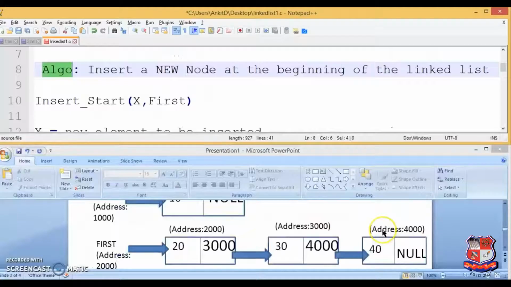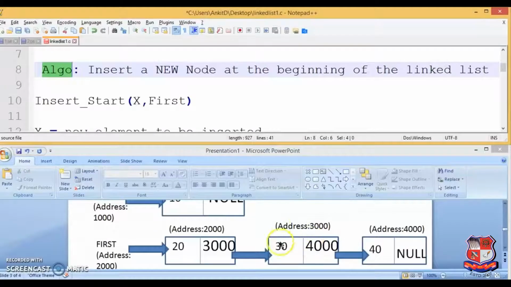Now there are many basic operations that could be performed in a single linked list, like creating a new linked list, traversing a linked list, that is moving from the first node up till the last node till you don't find null, inserting a new node at the first position, inserting a new node at the end, that is over here after 40. At the first means before this 2000 node, that is before 20, and at the end means after 40. Insert a node at any specific position means you can say before 30 or before 40 or so on, or after 30. Similarly, delete operations from starting, ending, or in between.